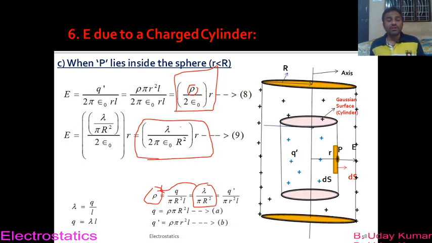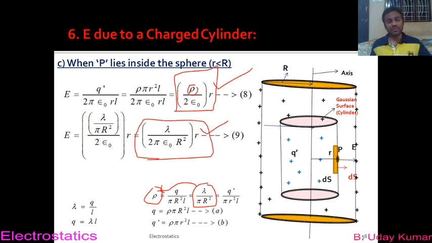So this is electric field intensity at a point P inside the charged cylinder in terms of lambda. So remember, in board examination you can follow any one. That means you can write the electric field intensity either in terms of lambda or in terms of rho. You just follow one thing. So choice is yours. If you want to stop here itself, you can stop here itself. Otherwise, if you want to write in terms of lambda, you just write an additional step. That's it. There is nothing wrong in that.